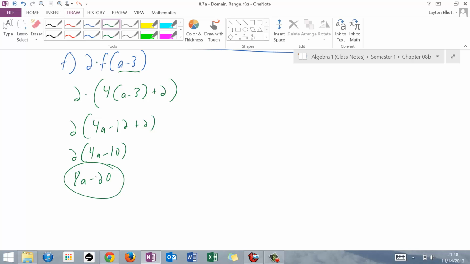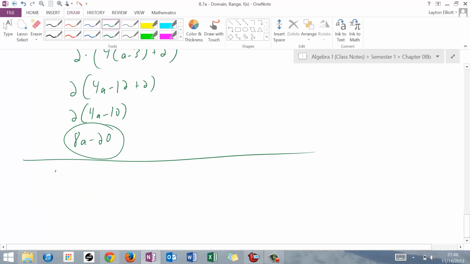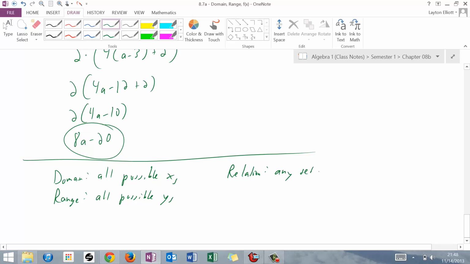So, in general, we know that, and this is kind of a little review thing here, we've learned that the domain is all possible x's. We've learned that the range is all possible y's. We know that a relation is any set of ordered pairs. And we know that a function,